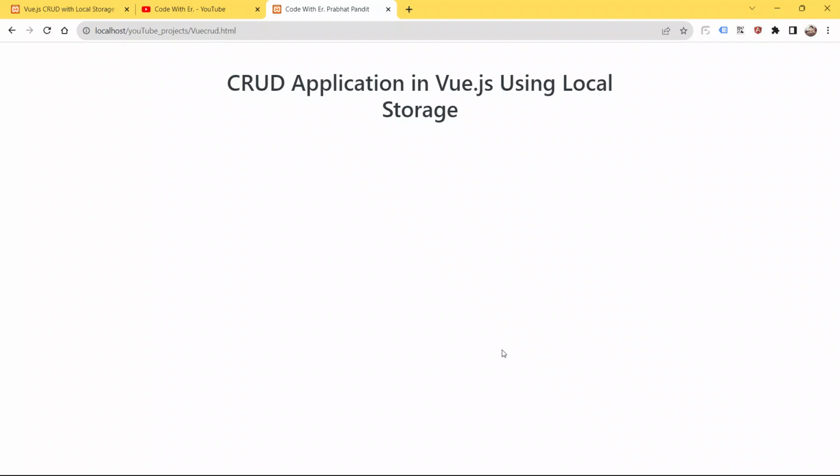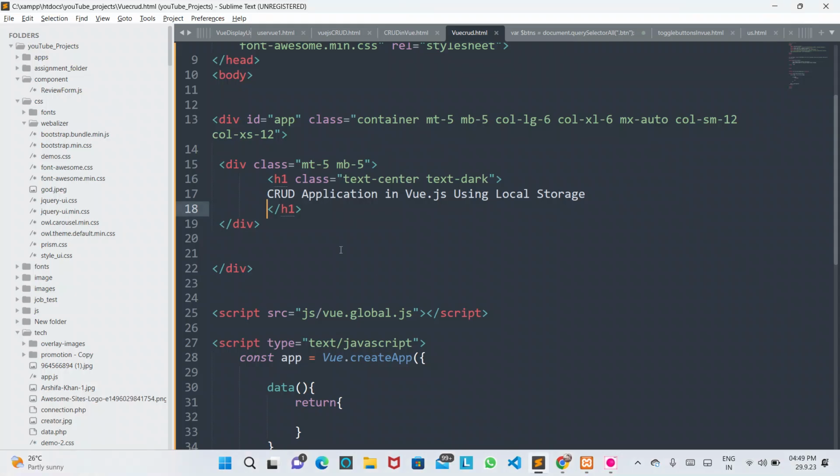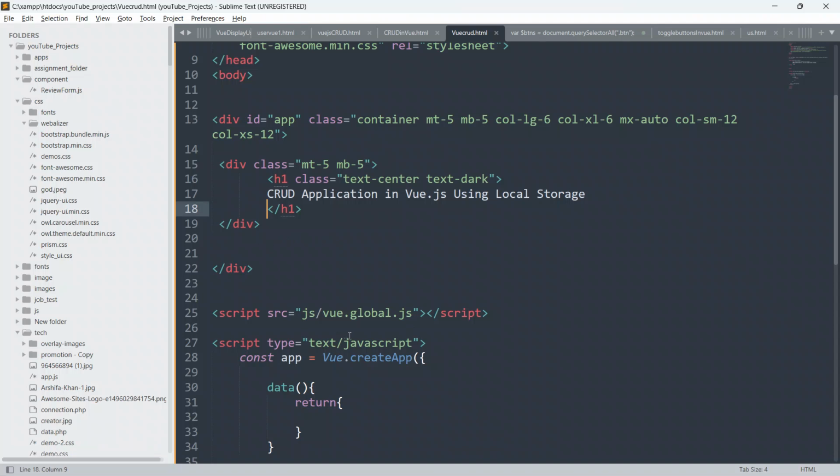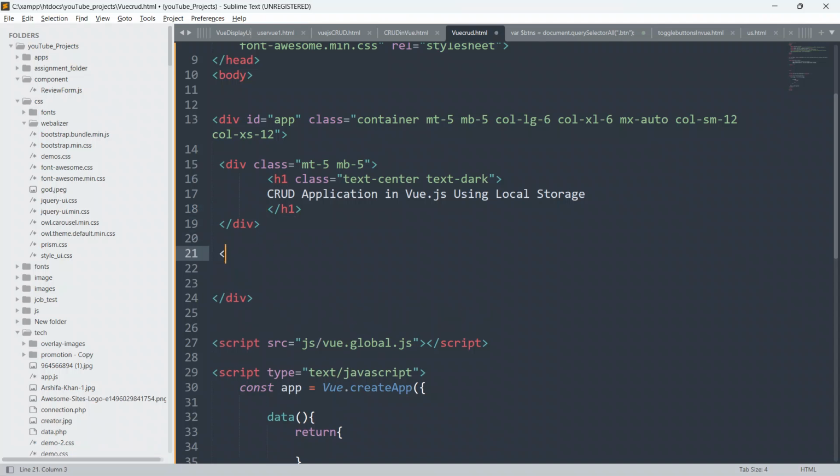Now let's go to the code editor again, and guys, we will write something. First of all, we have to create our form also. So give a comment here, and I will say form to add new task.